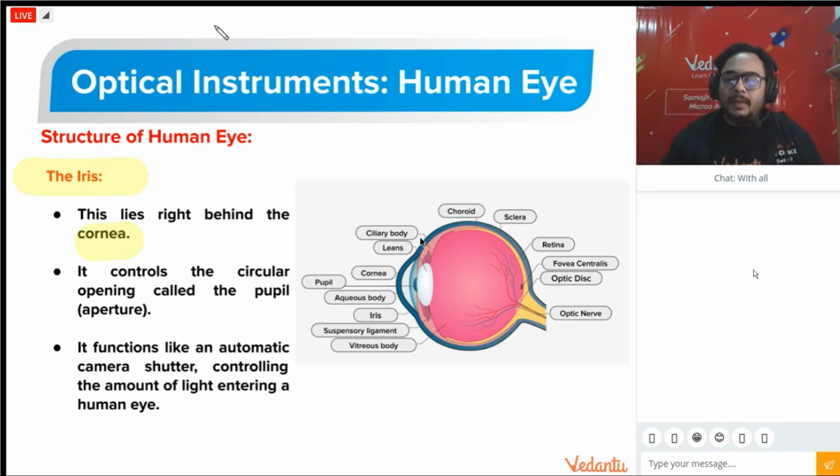Every material can behave like a prism, but in order for me to call something a prism, it should have two refracting surfaces and there must be an angle between them. Then only you say it is a prism. Like if you have a slab, it is not a prism, although it is made of the same material. Okay, so I don't see any two surfaces, Vijendra, so I will not say it is a prism.